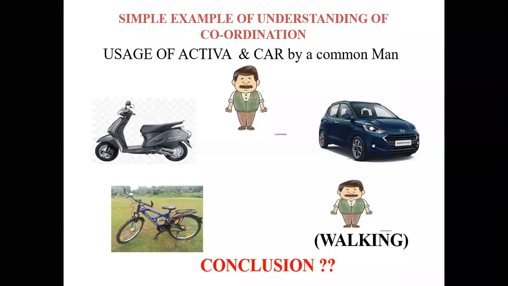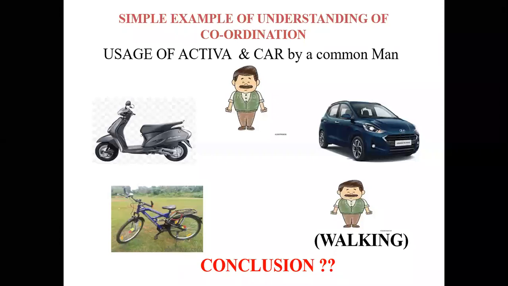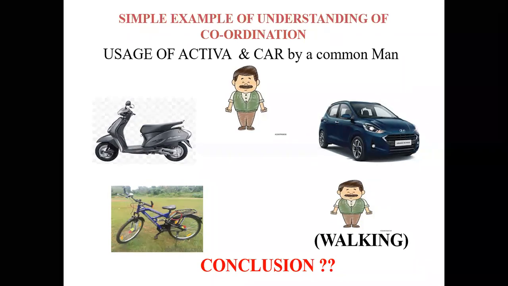In this example, I have covered three basic points. The first one is flexibility or convenience, the second one is the economy point of view, and the third one is the alternative source. So other than these three points, is there any other point to pick up either a two-wheeler or a four-wheeler? Yes, safety is also a nice point. Speed is also a nice point. Of course, speed also comes under these three points only.